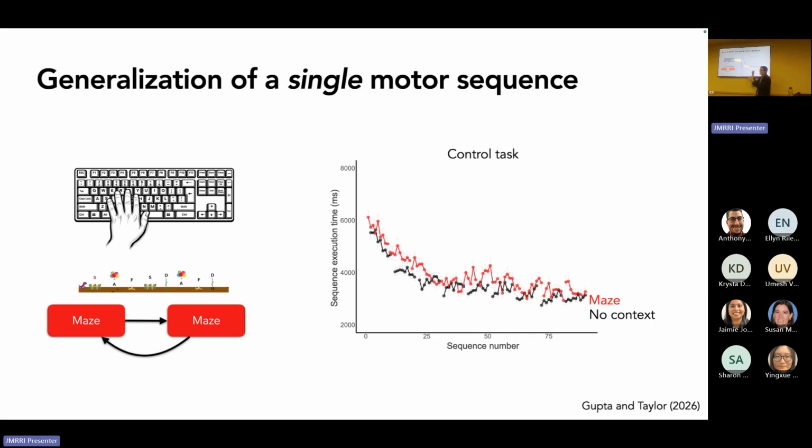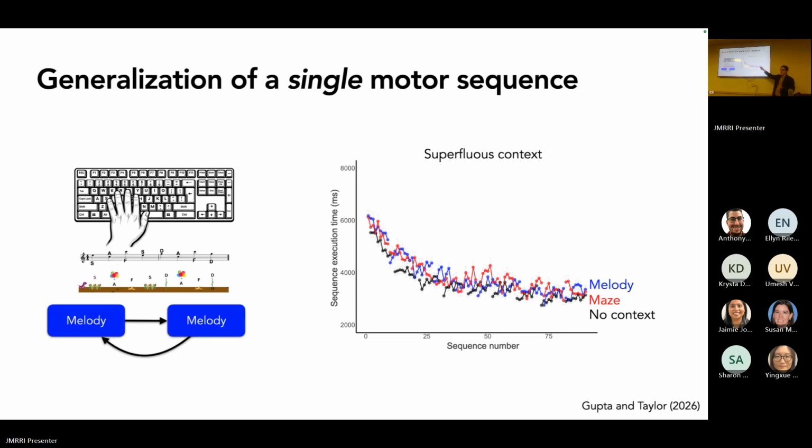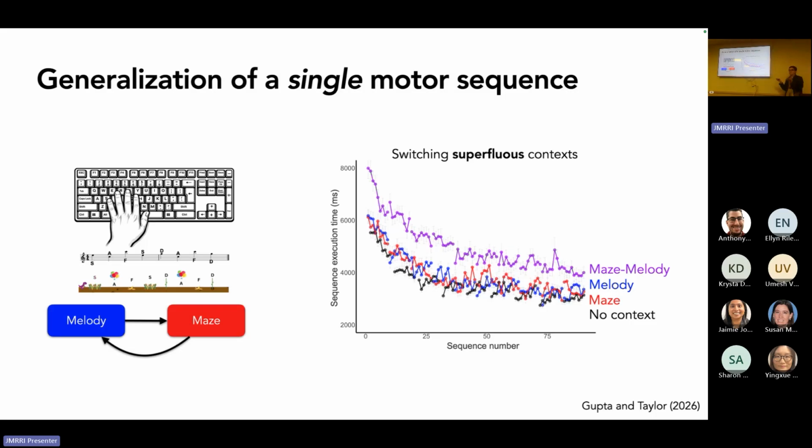The information's there. Maybe it's a little bit slower because it's intentionally distracting to see the dinosaur move and jump over the cactus. If you do the melody, it's right on top of the maze, so nothing distinct about maze versus melody. But the question is, what happens if you start to do melody and maze? So you do a minute of the melody, and then a minute of the maze. You probably guessed I wouldn't be talking about this if it was the same. People are incredibly slower, relatively speaking, when you're switching the context.